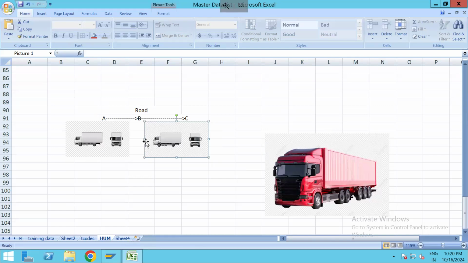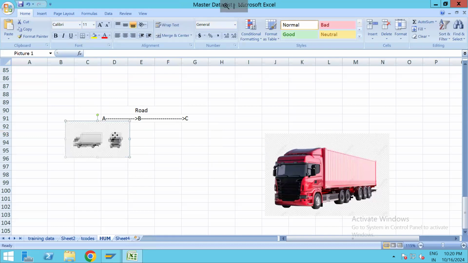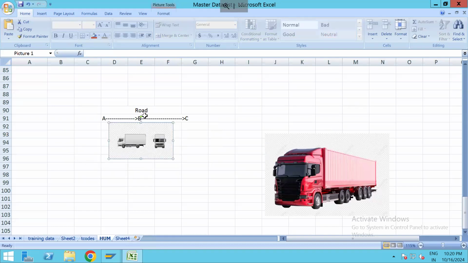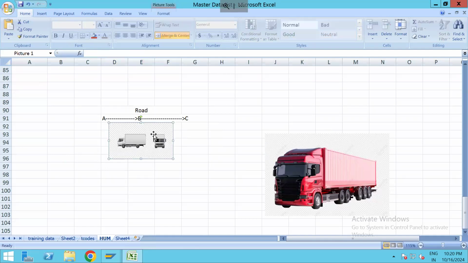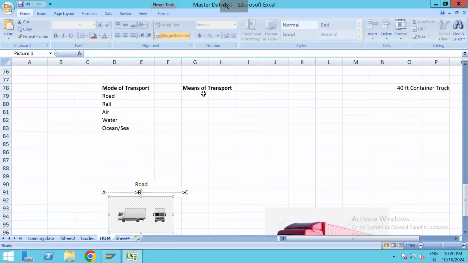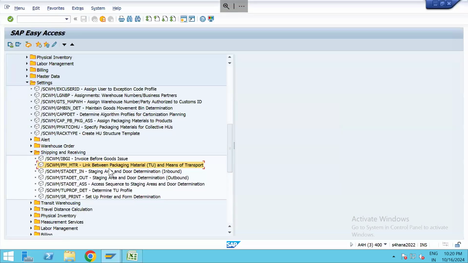Okay, got it. If you are traveling from A to B and B to C in the same truck, then the mode of transport would be road, and the means of transport would also be the same truck. Okay. So why I'm giving you this concept is